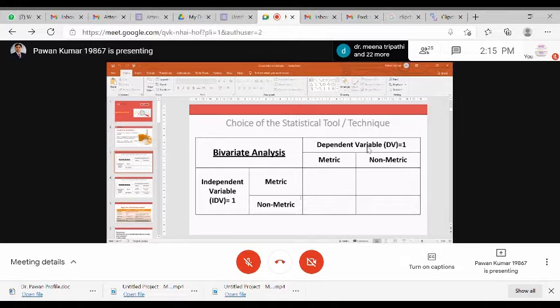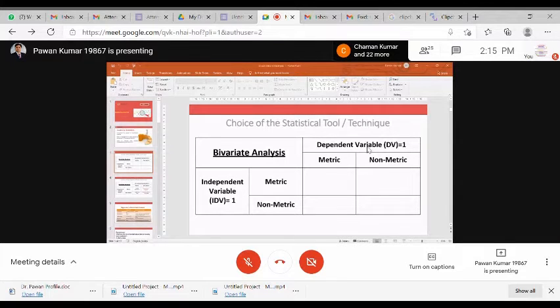If my independent variable is metric and dependent variable is metric. Metric means ratio data or interval data. Let's say, for example, sales and advertisements. Sales is metric data and advertisement is metric data, because advertisement is in rupees.